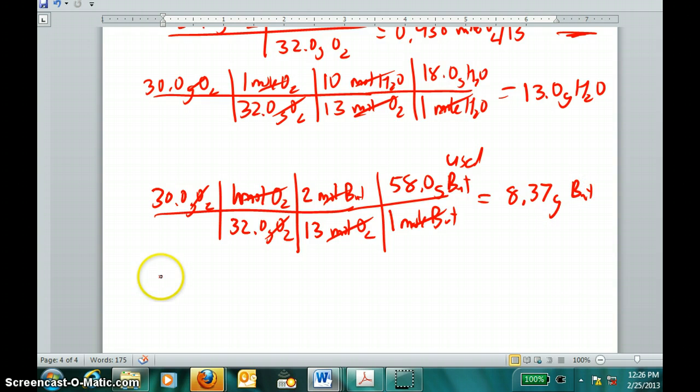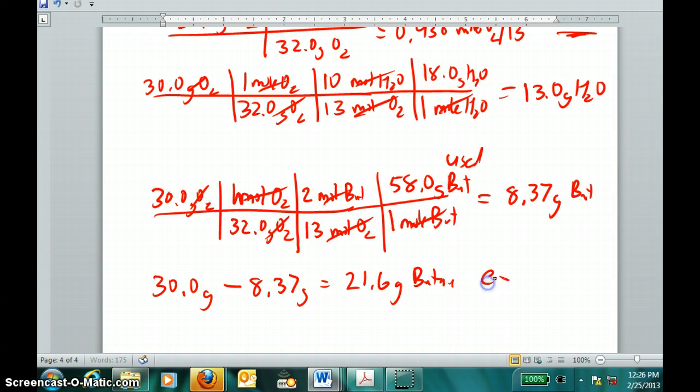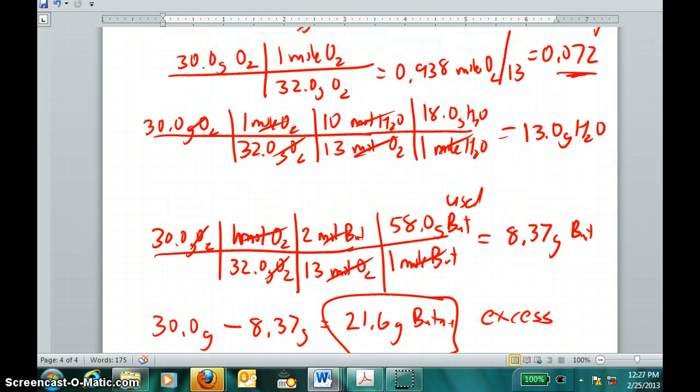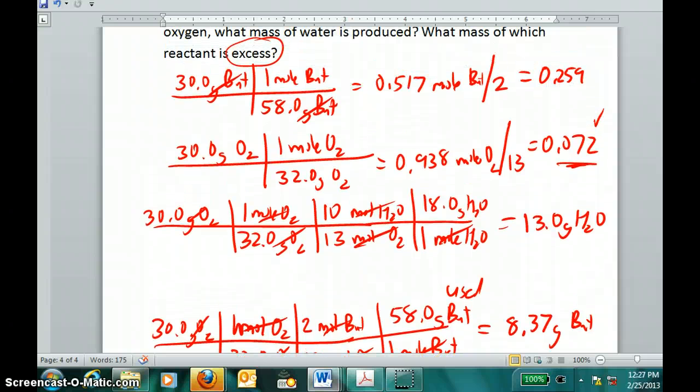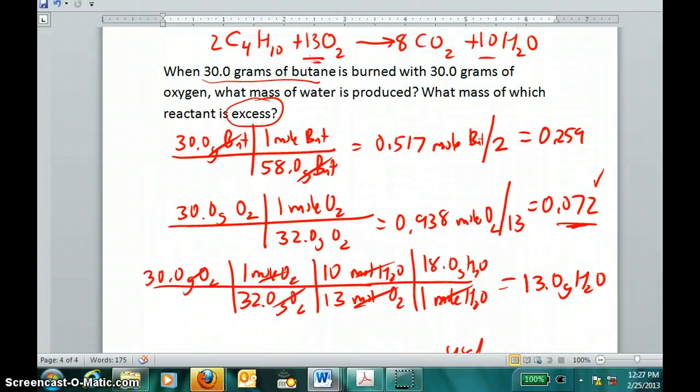And now I can get my final answer, because I started with 30 grams of butane and I used up 8.37 grams of butane. And with the correct significant figures, it means I get 21.6 grams of butane excess. There's the answer. So now, to summarize, anytime you have more than one reactant amount given to you, it's a